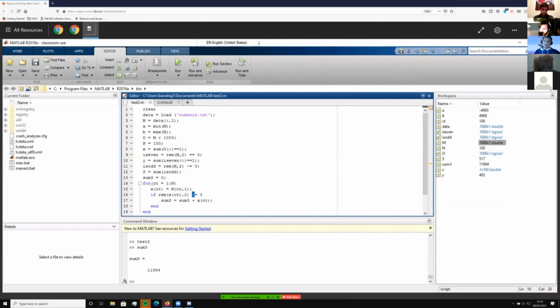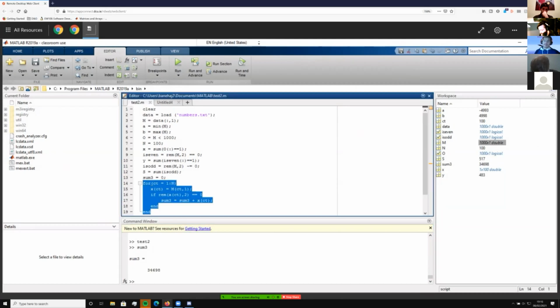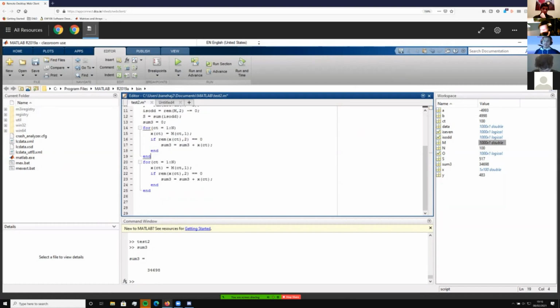And this is how, we could change this to an equal sign, run it, and then type in sum 3. And this is the sum of every even number. Now we could duplicate it. So if we did this and put this down here, sum 4 is equal to 0.